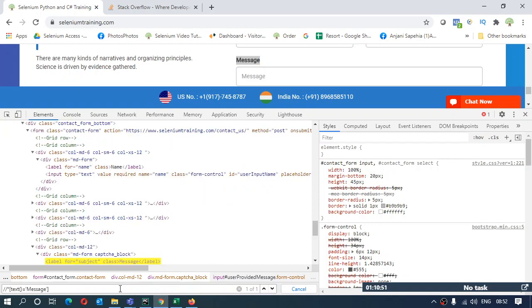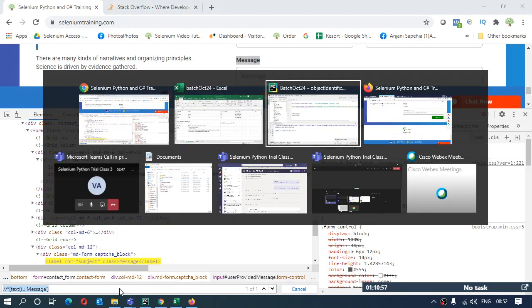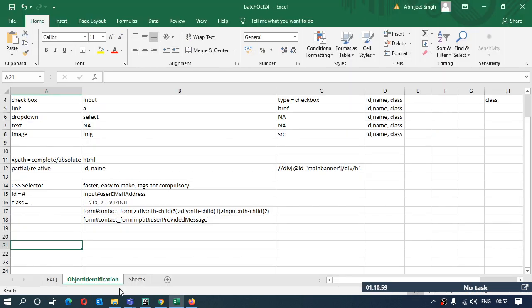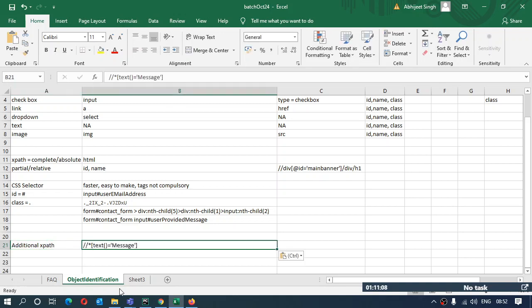So this way my XPath has been highlighted over here. So I'll copy it and I'll show you. This way you can make your XPath for some specific text on the web page. You want to look for the text, you can make the XPath by this as well. Okay, this is a JavaScript function.